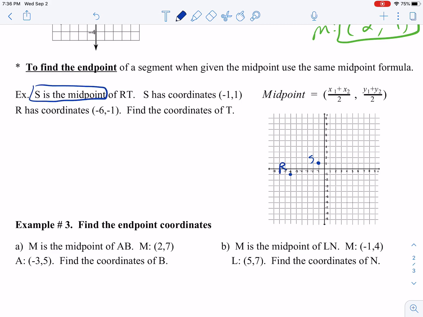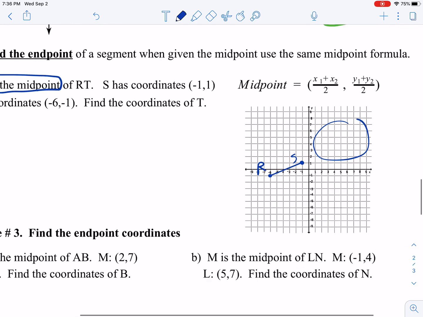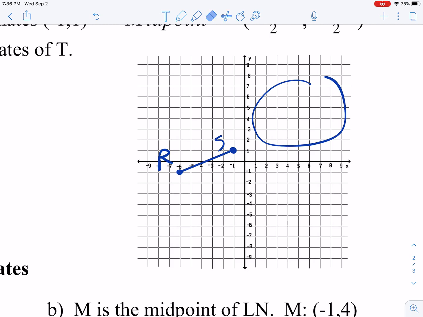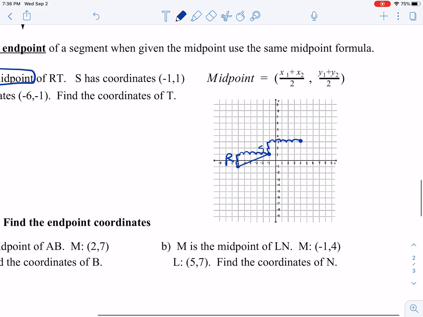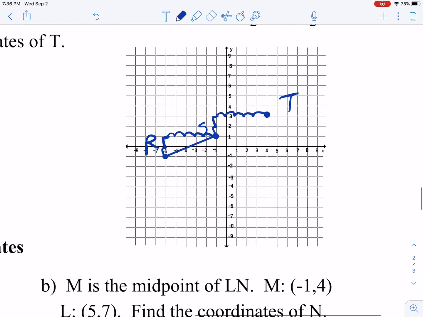So if S is the midpoint, that means T is located somewhere over here. And the way we're going to find where T is located is we can really just use the slope of this line and go the same direction. So if we went up 2, then from S we need to go up 2 again. Then we would go to the right 1, 2, 3, 4, 5. We need to go to the right 1, 2, 3, 4, 5 more times. And now we have our coordinates for T, which should be located at +4,